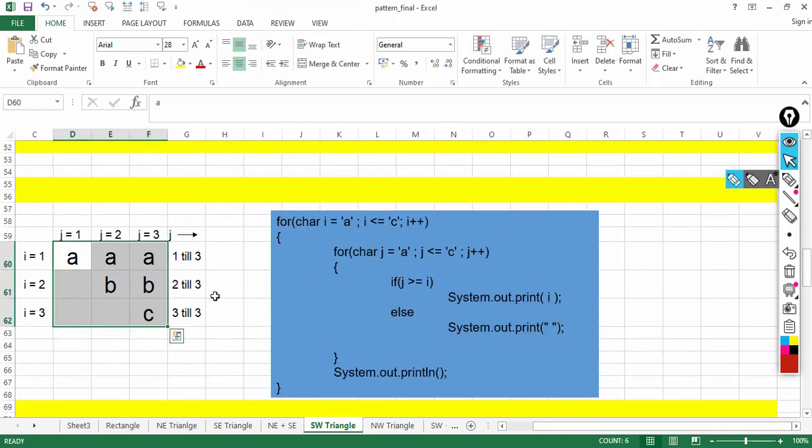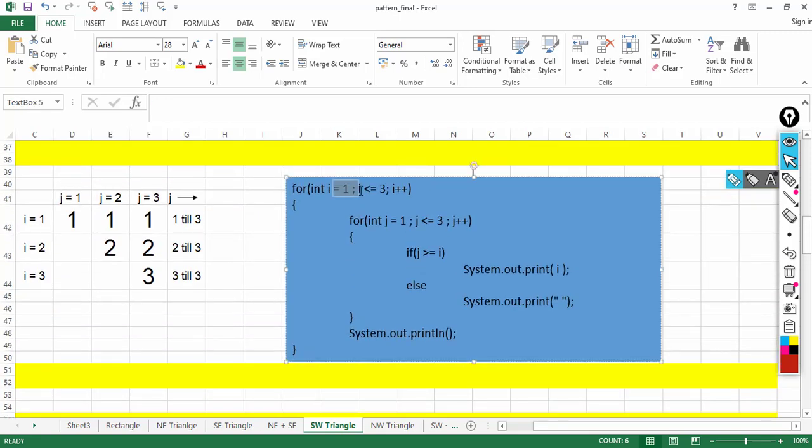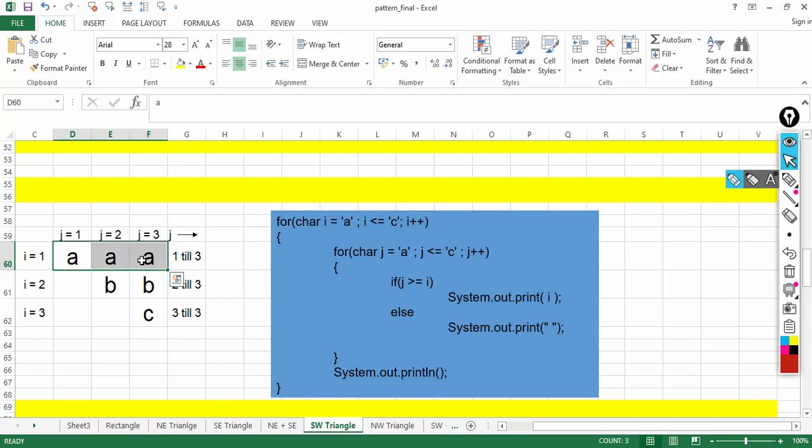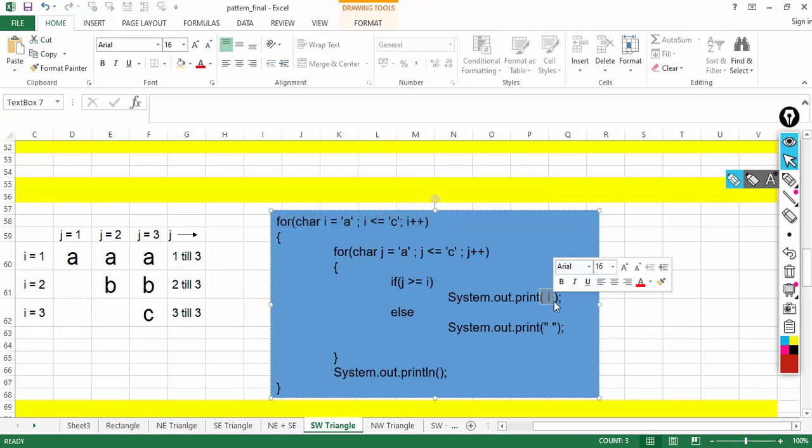For this pattern also everything is the same. See the basic structure: the outer loop goes from 1 till 3, and the inner loop goes from 1 till 3. The condition is J greater or equal to I. In this one also, the outer loop goes from A till C, that means 3 times, and the condition is the same, J greater or equal to I. Since the value is not changing column wise, and in each row the value is the same, we print the value of I, the outer loop.